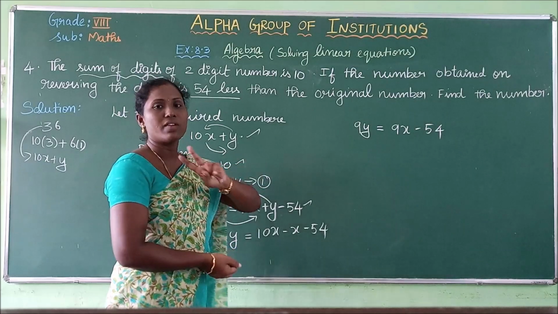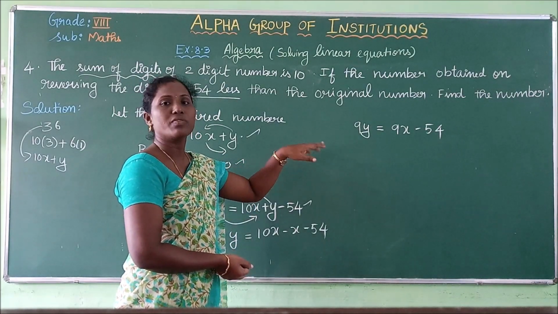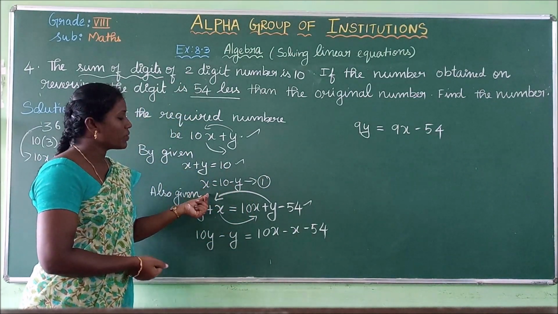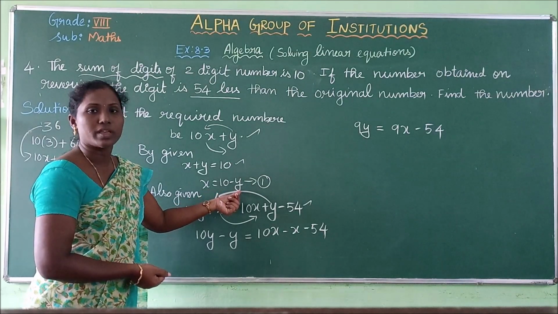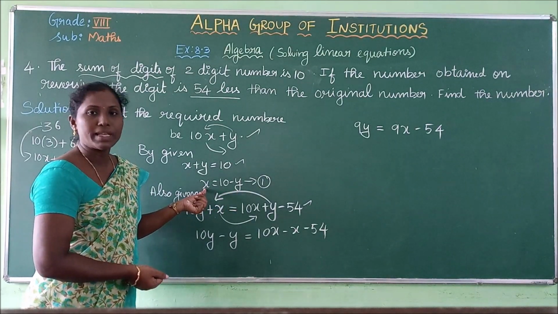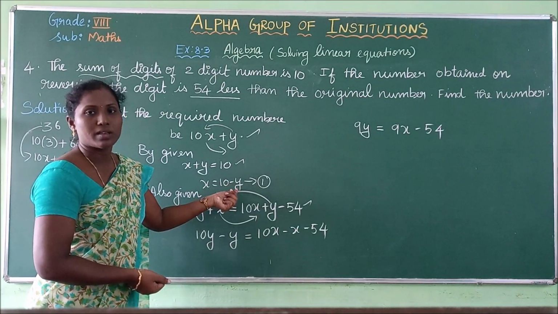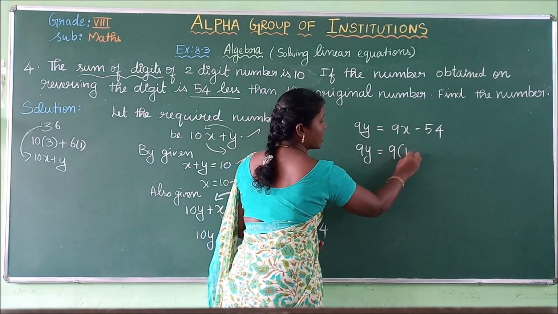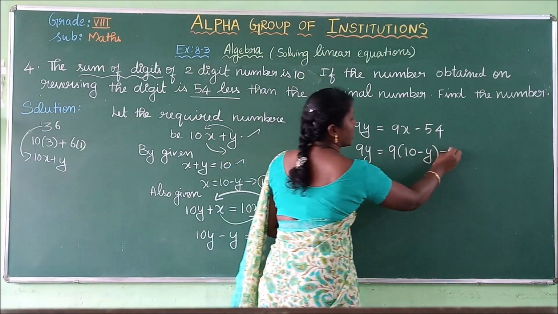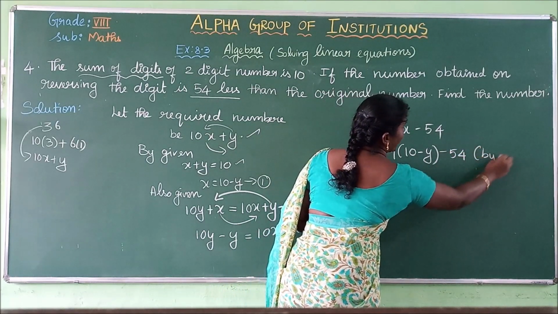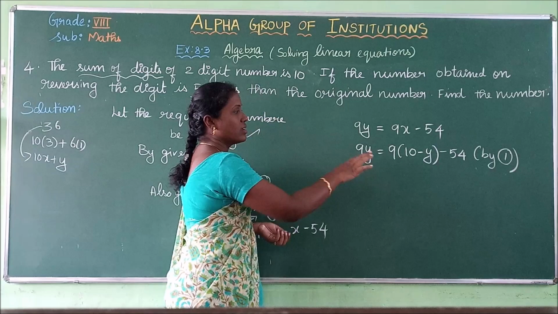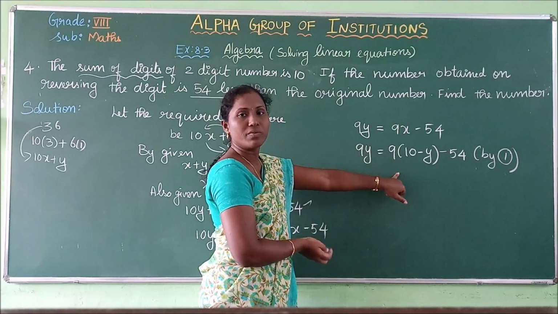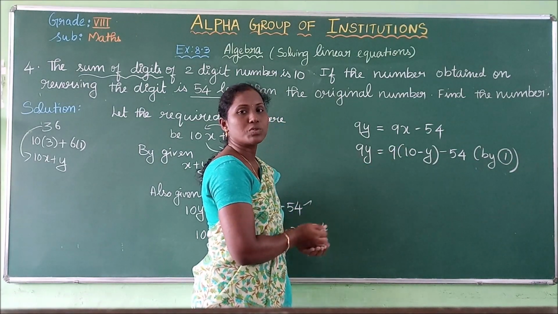Now in this equation also we are having two variables. So two variables cannot be identified from the same equation. So what we are going to do is get the help of equation 1 here. What is equation 1? x is equal to 10 minus y. So in place of x, we can replace the value 10 minus y. So first substitute: 9 into y equals 9 into, in place of x, I am changing as 10 minus y, minus 54. This is by equation 1. Now see, with two variables we are not able to solve. After the substitution, we are having only one variable y in this equation. So we are going to solve for y.